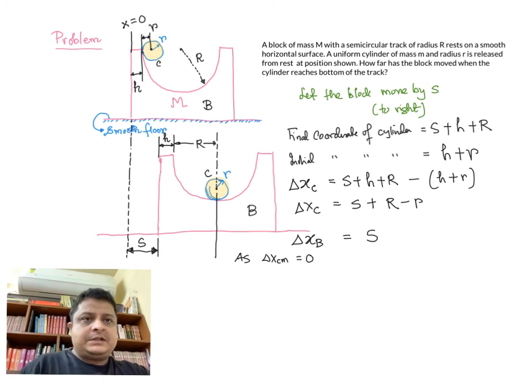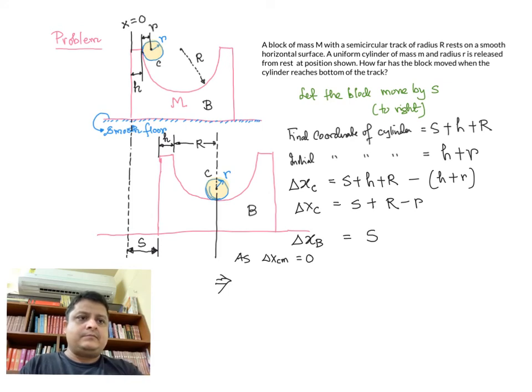We are not saying that the net force is 0, no, there is gravity, but gravity is acting in the downward direction, or the y axis. So we are concerned with the x coordinate of center of mass of the block and the cylinder, right? So delta x cm equal to 0 implies